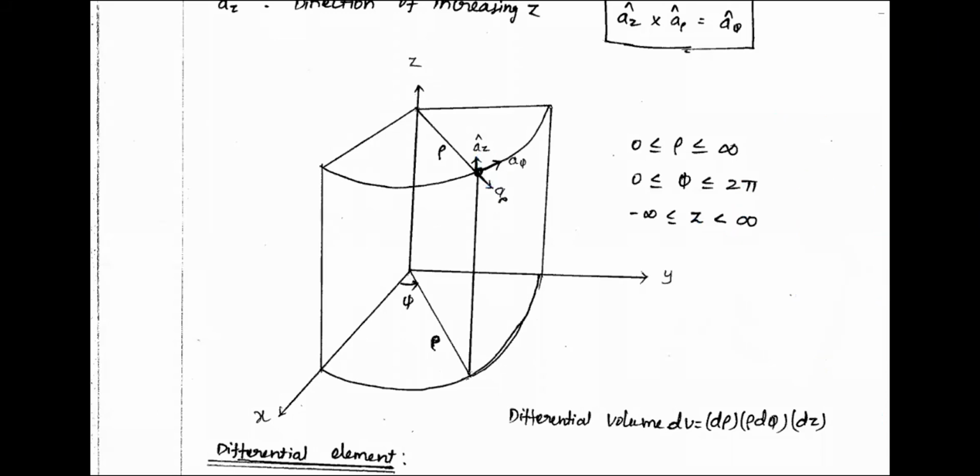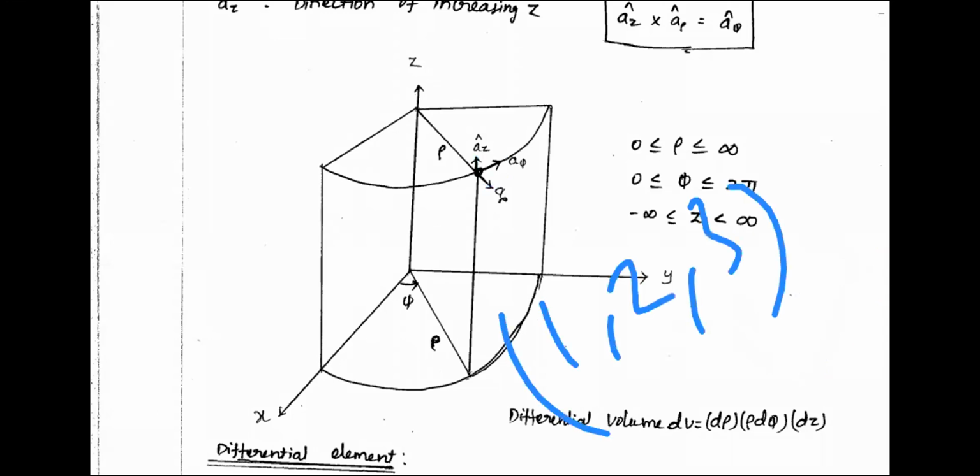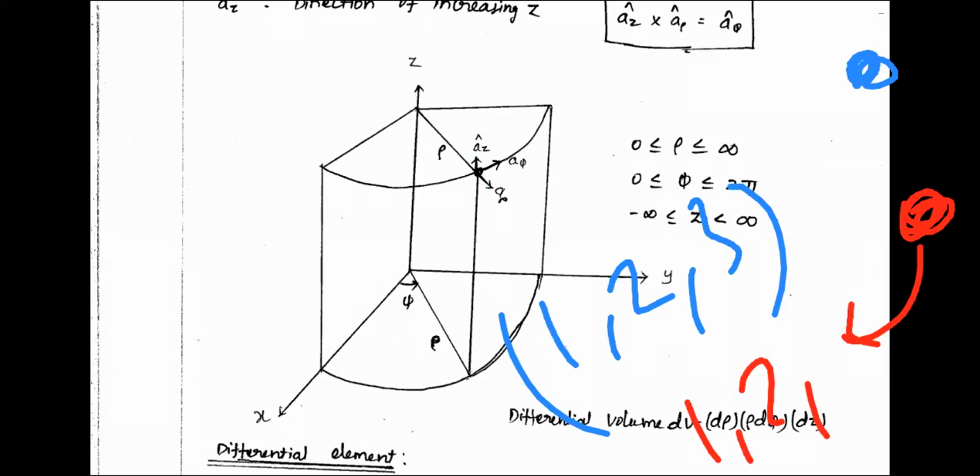What is the idea, sir? In an ordinary system, suppose they give 1, 2, 3. With this, you can position some point. Or otherwise, in some question, if they give a point, then you should be able to point out 1, 2, 3. Now I am going to work it out in reverse. You are given a point. How to calculate that point's coordinates?